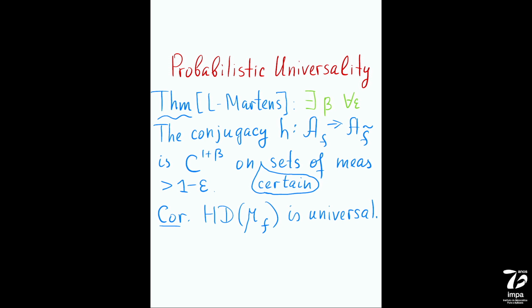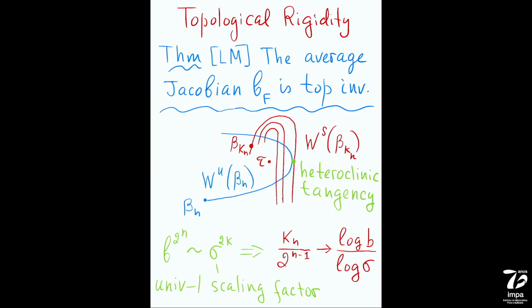This fantastic one-dimensional universality does not survive extensions to high dimensions per se, but it does in this probabilistic sense. Okay, so that was good news. That was good news. So you see this oscillation between bad and good news. And now another